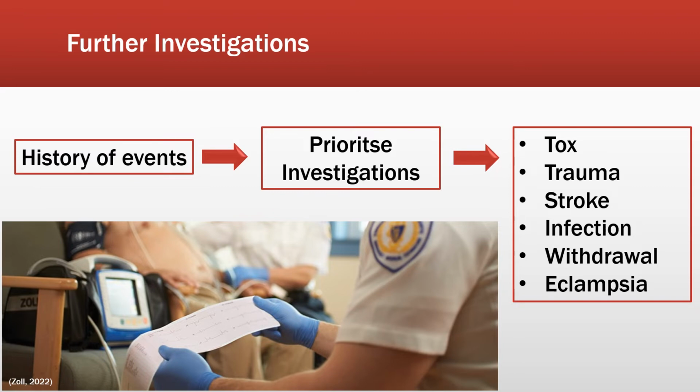These assessments also help to guide your decision making around where to transport your patient. Your local hospital might be completely capable of managing a TCA overdose, but a patient presenting with eclampsia or a TBI might be better cared for at a specialist facility, and you might need to consider your proximity to that facility and whether you need aeromedical retrieval, for example.